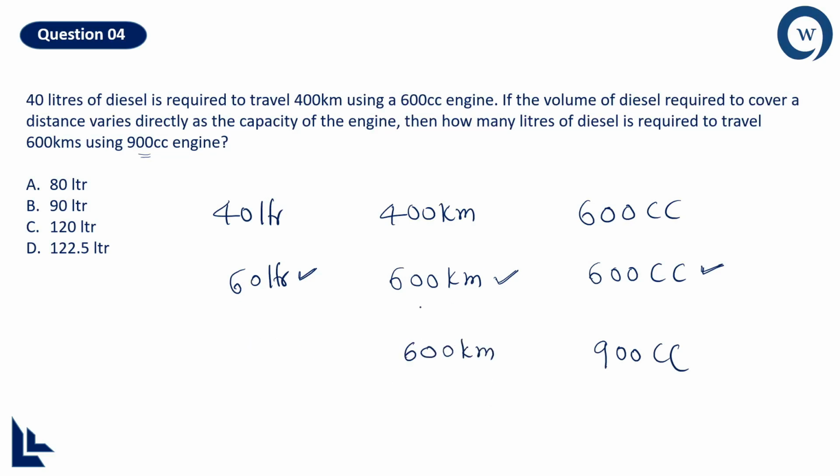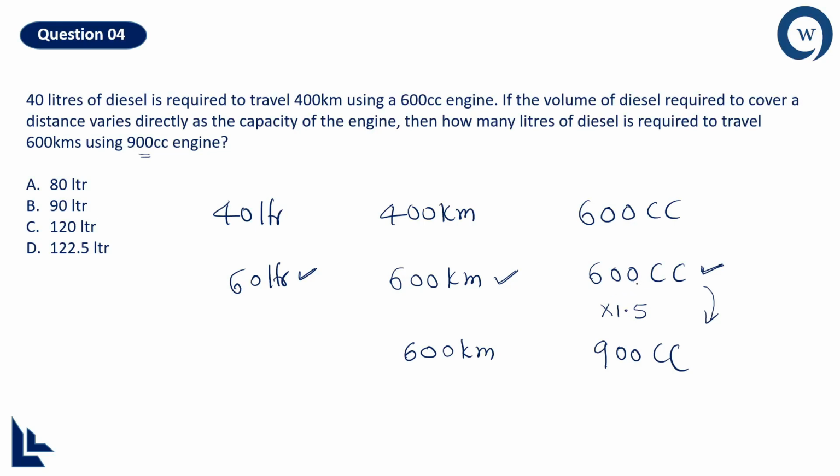You can find it out with the help of this observation. See, the engine capacity has increased. If the engine capacity increases, then the volume of the diesel required to cover a distance will also increase, right? Because it is directly proportional. So the distance is constant, and if this increases, this should also increase. And you can just observe like this. See, 600 to 900 is 1.5 times, or 50% of the 600,